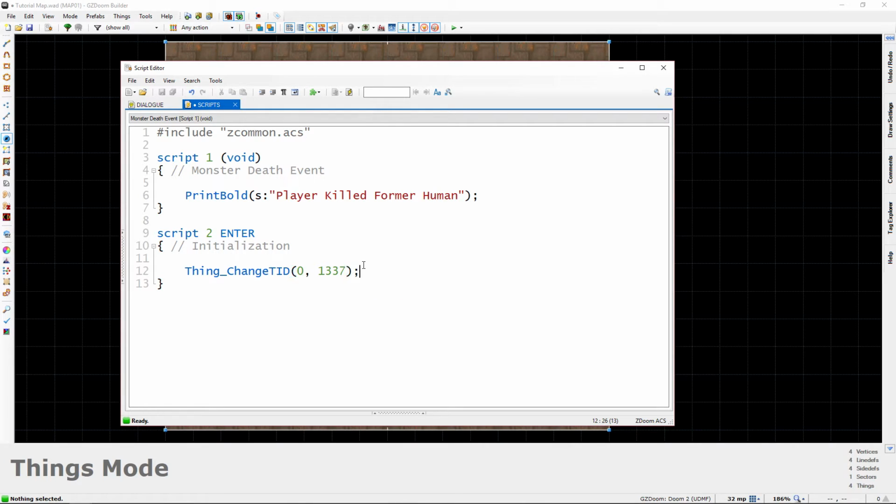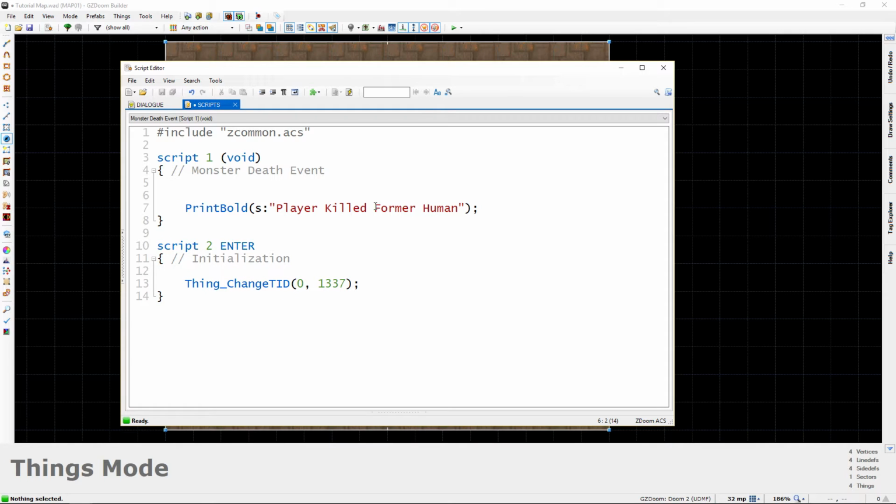We'll go ahead and do that, put a semicolon, compile, and so what we've said is that whenever the map runs, basically whenever the player enters the level, take his ID, which is 0, and instead turn his ID into 1337. And now what we can do is we can go up here and we can use a very basic